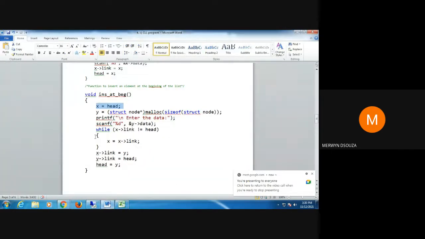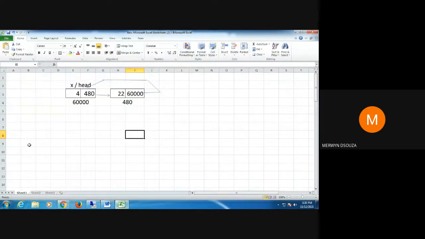Okay. Then I allocate memory for a new node. It is pointed by y. No value is present. Let's say the address is 777.